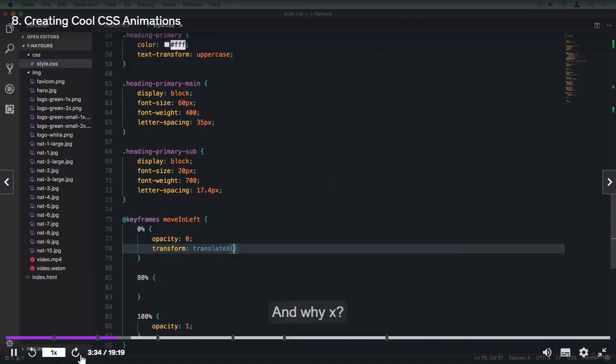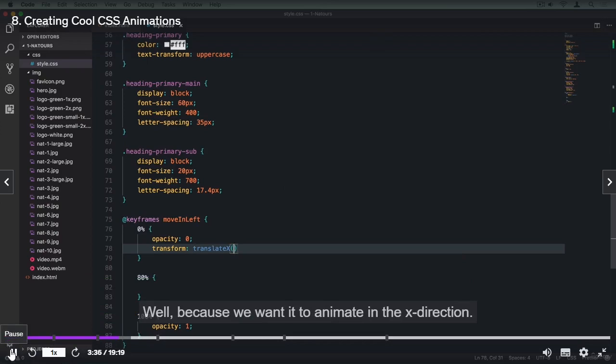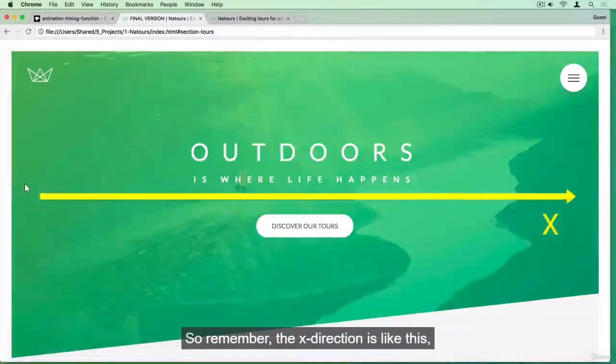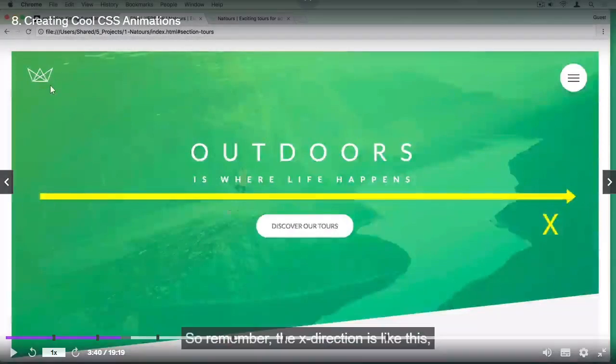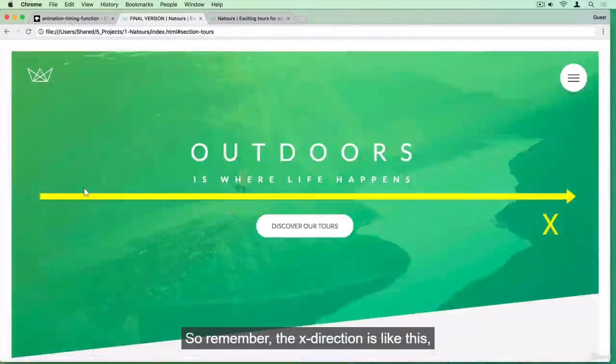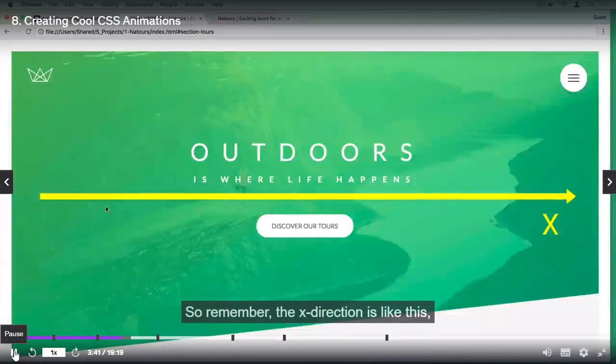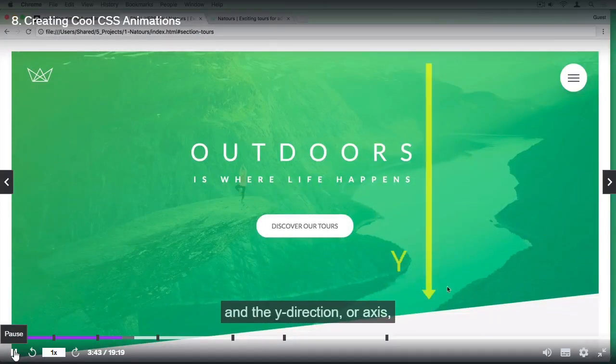And why x? Well, because we want it to animate in the x direction. So remember, the x direction is like this. ठीक है, x का मतलब पता है ना आप लोगों को, यहाँ से शुरू होके इधर जाएगी. y अगर होगा तो ऊपर चली जाएगी, माइनस होगा तो नीचे चली जाएगी, x माइनस होगा तो पीछे की तरफ चली जाएगी. सही है? So from left to right, and the y direction or axis goes from the top to